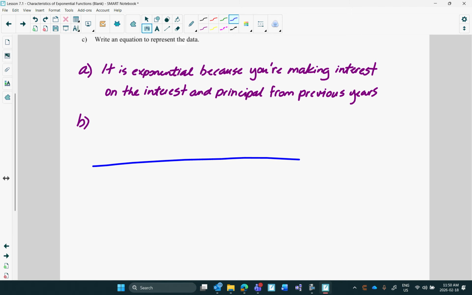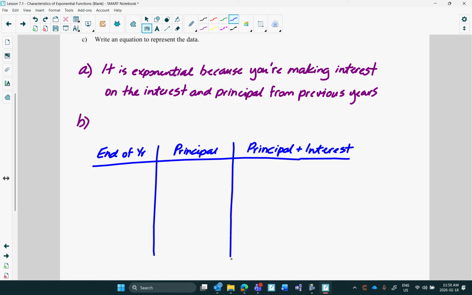So make sure I have this right. End of year. Okay, so we'll just start for a couple of years, and then we'll see a pattern develop, and we can make a formula out of it. So at the end of year one,